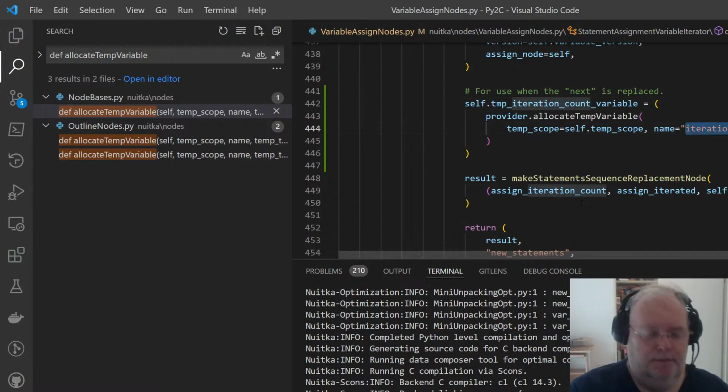Next value. Okay, and we use iteration next variable.